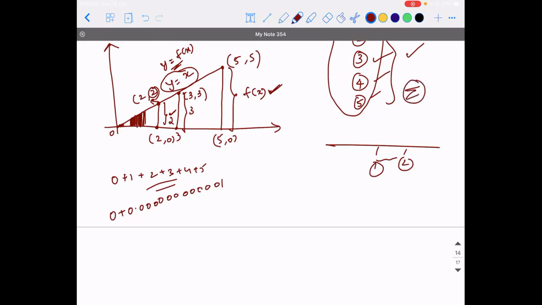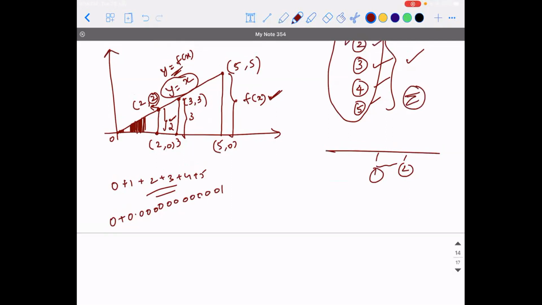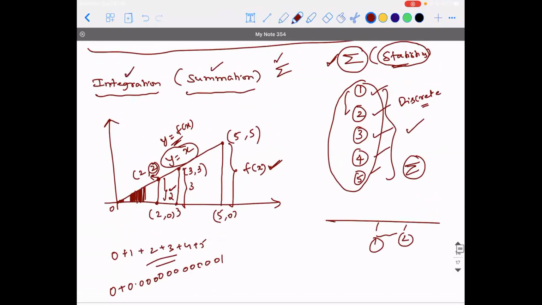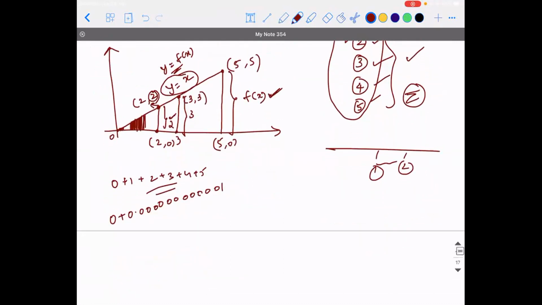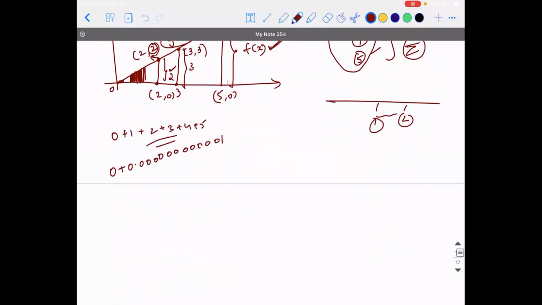Right? So what are you able to understand? Summation is mainly used when you have discrete values in your hand, whereas integration is used when you have a continuous set of values in your hand. That is, if you have these kinds of infinitesimally small values also existing, and you want to add up something, then you go with the process of integration. Basically, integration, as I told you, is summation only. You're going to perform the sum operation, but we are not going to use sigma or plus. We are going to use some other symbol.